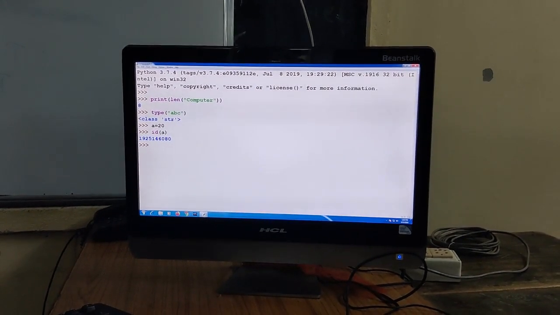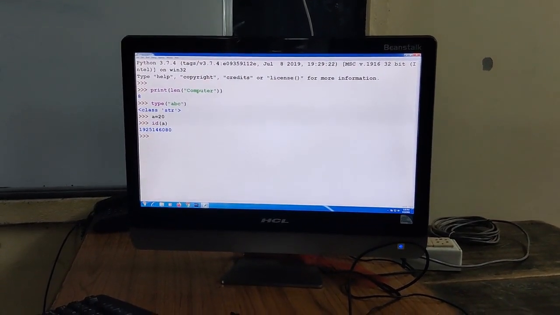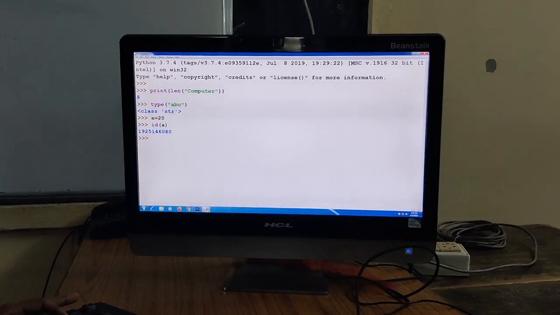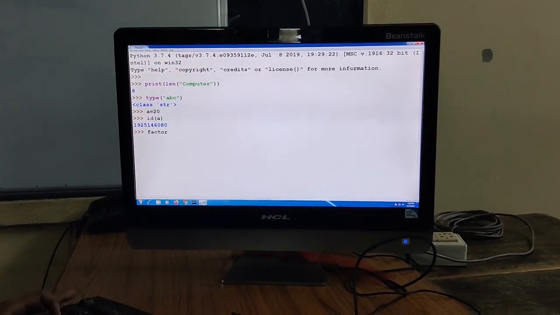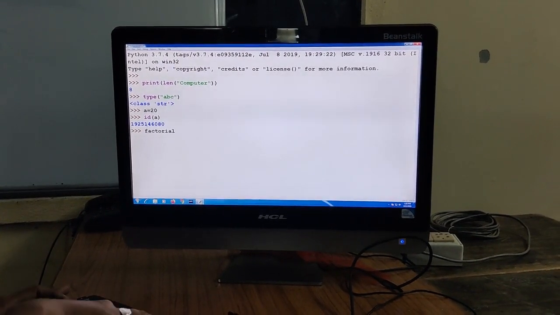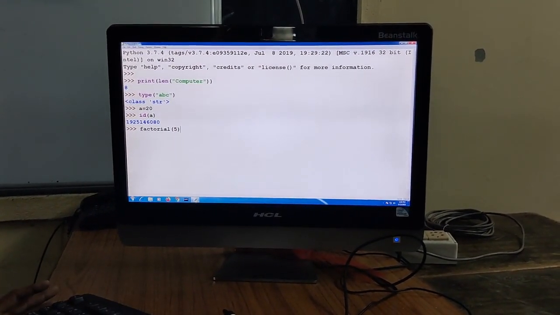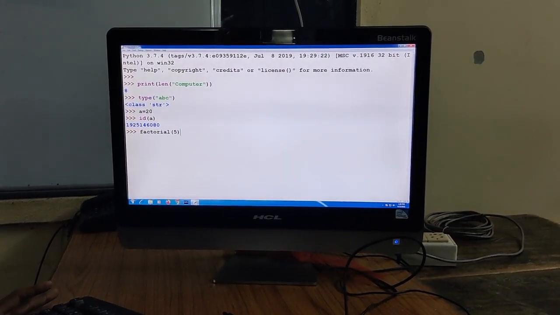But now I am going to describe the functions which are inside a module. So here just one function, factorial. Factorial of 5: when I write that I want to display the factorial value of 5, I have used the factorial function.